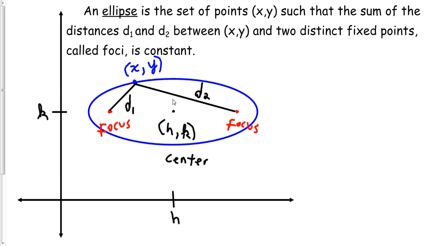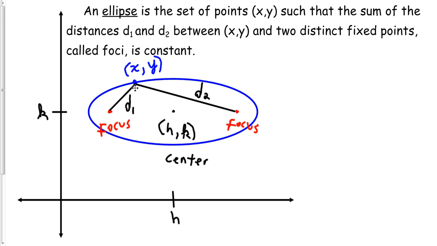So I have these two distances, and these are the distances from any point on the ellipse to two fixed points called the foci. These are the two foci. Here's one focus, here's a second focus. Together we have two foci. So for any point on the ellipse, the sum of the distances d1 and d2 is always going